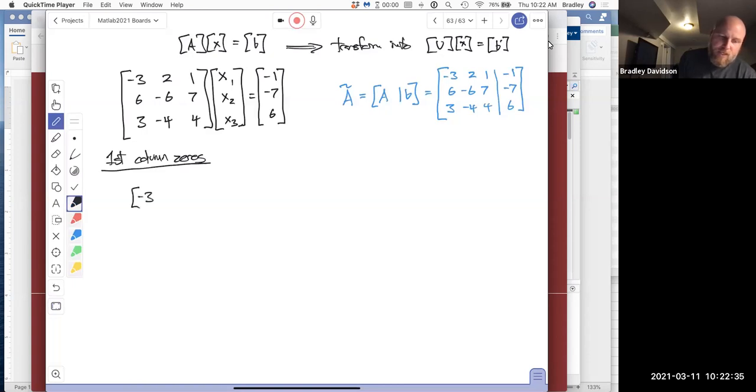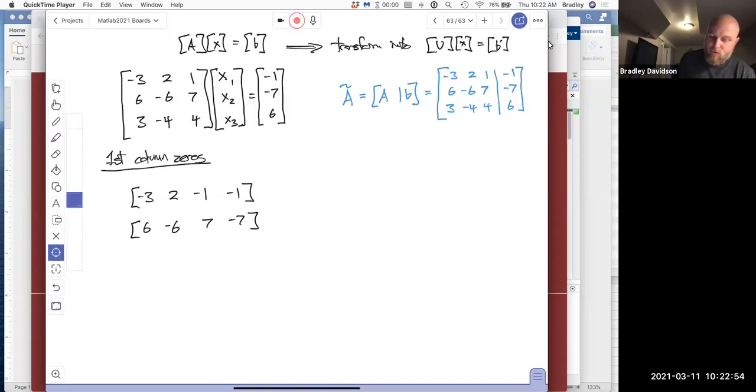That first row is -3, 2, -1, and -1. So it's a 1 by 4 that we're taking out. And then I want to write down the second row, which is 6, -6, 7, and -7. Those are our two rows that we're working with. We want to get rid of the 6. And so to get rid of the 6,